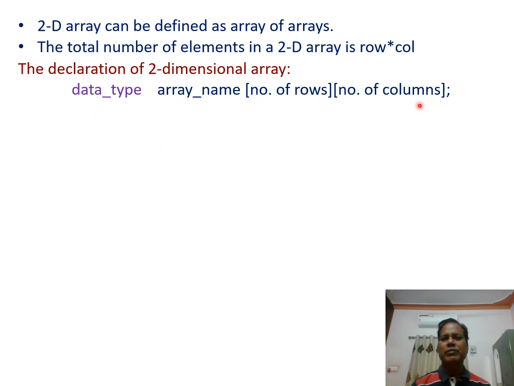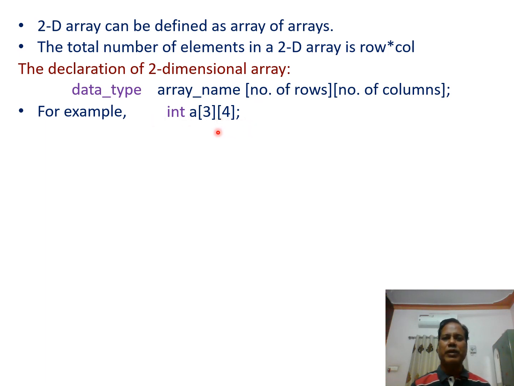The declaration of a 2D array is very much similar to the declaration of a one-dimensional array. The only difference is that instead of one subscript, here the data is arranged in rows and columns, so the number of rows and columns are given. So: data type, array name, then in square brackets the number of rows and number of columns, and at the end a semicolon. For example, int A[3][4];